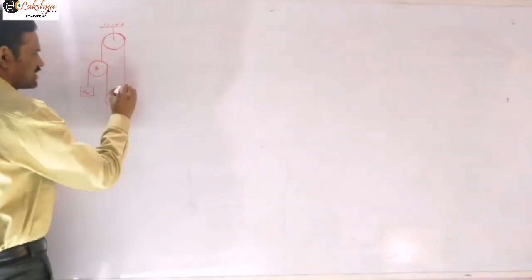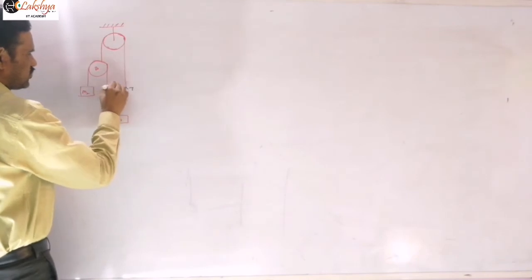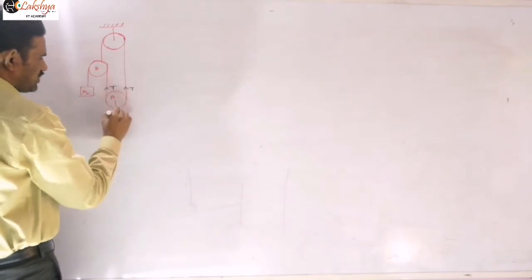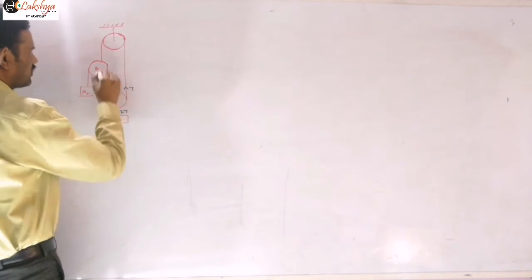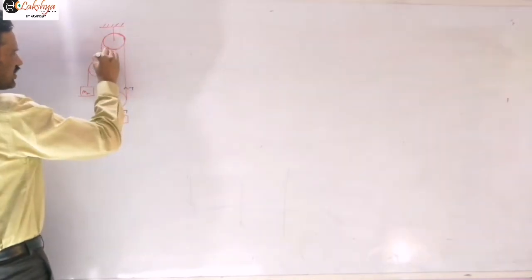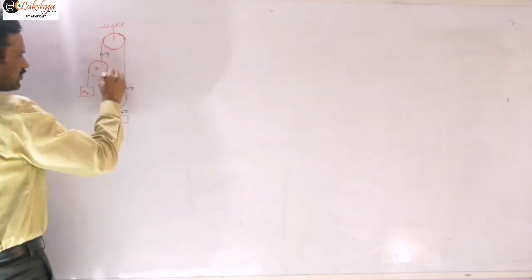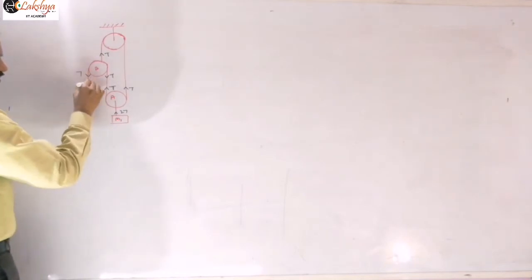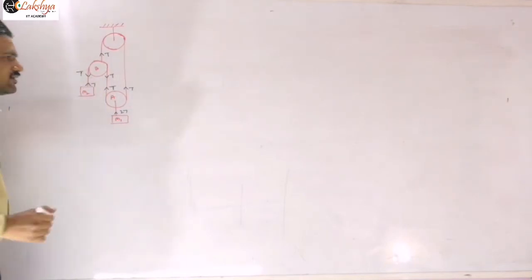So again let us consider this as the tension T here. So this is also tension T, and so that here you will get 2T here on the block, and so this is the same string. So here also tension T, and this side on the pulley this will be tension T, and T on the block is also tension T here, right?